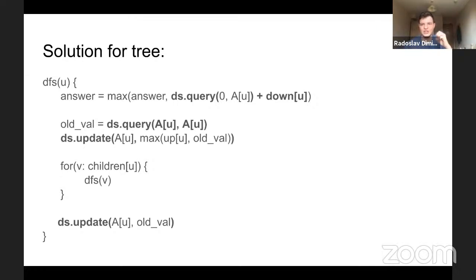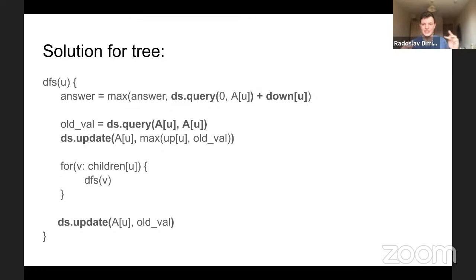So you can just roll back this update so that you will represent the previous path. Just going back to the whole solution, if you got confused,